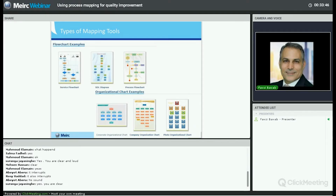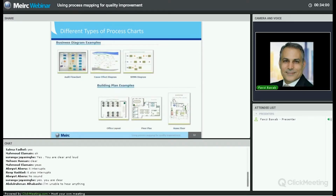Although we do encourage people to do what? To do it manually first with the group, get it done, and then you can clean it up using any of the software available, to have these fancy charts, colors and shapes. This is where you can do all of this within software, but we do encourage doing it manually first. So as I promised, we will talk about